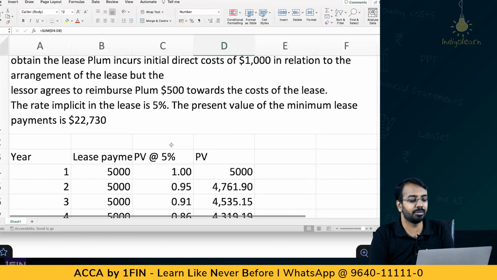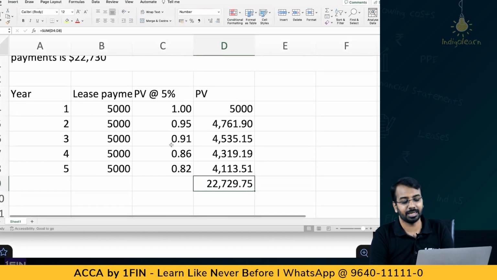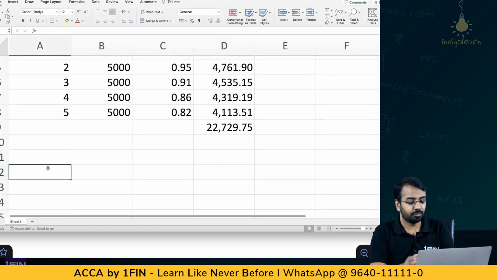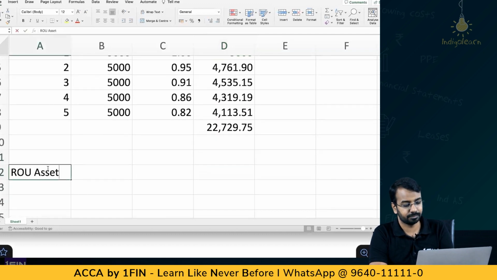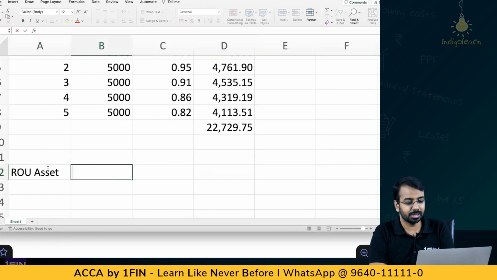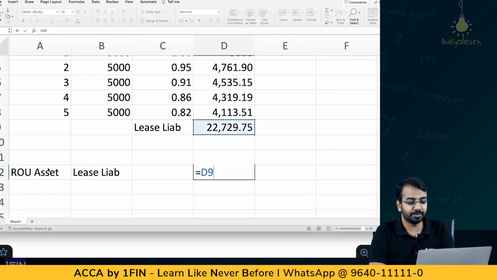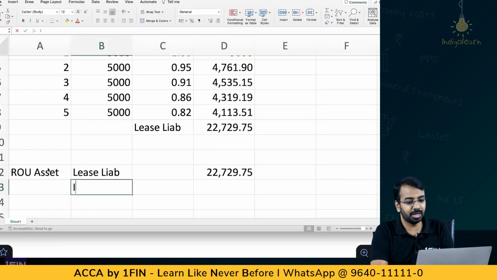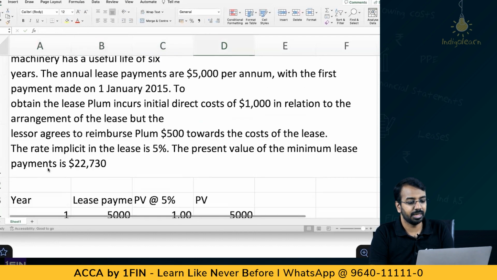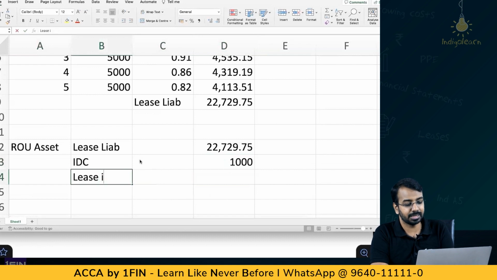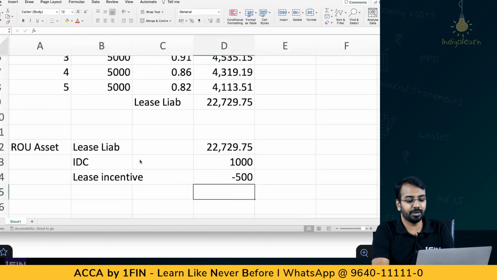The present value of the minimum lease payment is 22,739. Now, 22,739 is the present value of the lease payment. What the entity has to do is, the ROU asset is, so this is called lease liability. So the ROU asset is the lease liability. So what is the lease liability? 22,739. Then initial direct cost is 1,000. Then lease incentive 500. So ROU asset is